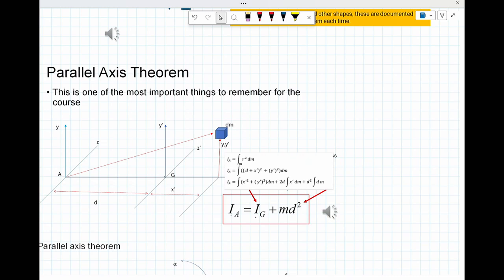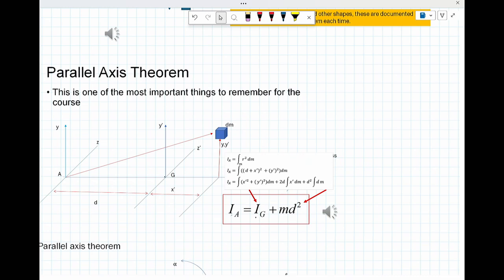And so get R that way, and then do the integration. Once I've done the integration, I end up with R squared here from the center of mass. I have everything about x prime plus minus and d squared dm. And I end up with a system that if I want to shift from one point on the body where I have a tabulated value, which is something that's pretty common, to another point where I might not have a tabulated value, then I'll end up with Ig plus md squared, d being the perpendicular distance from G